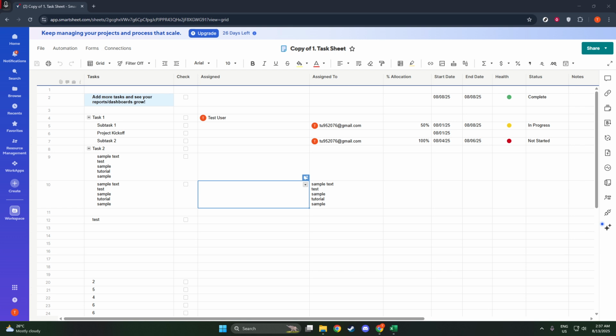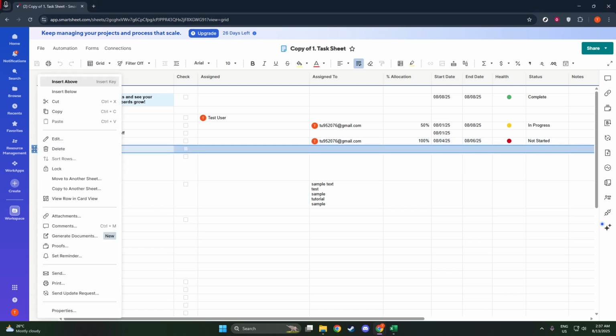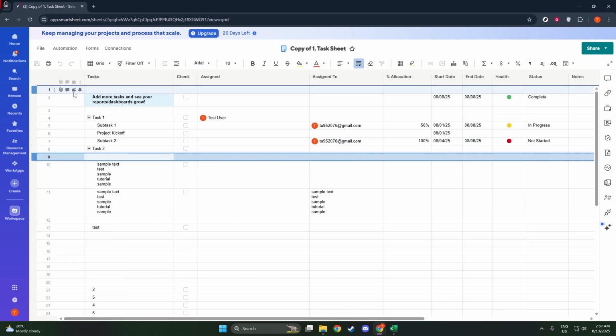So, let's dive right in. To start, navigate to your Smartsheet project where you need to insert a row. Once you have your sheet open, the first thing you want to do is locate the specific spot where the new row is needed. This step is crucial because inserting a row in the wrong place can disrupt your data and cause confusion. Look carefully at your sheet and decide exactly where this new row should fit in context with